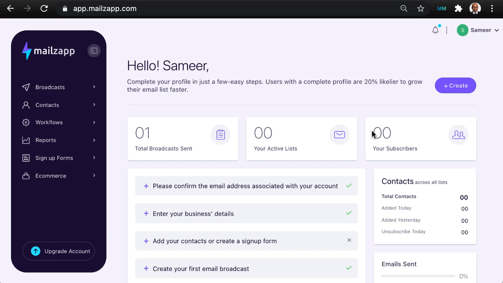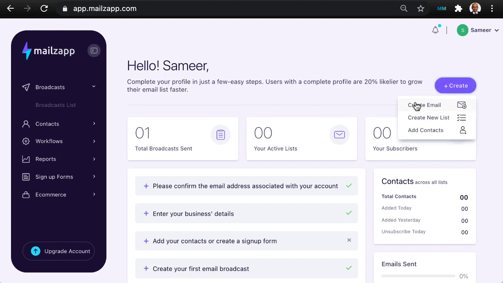Now let's talk about broadcasts. Basically, a broadcast is an email or an email campaign that you send out. That's what is referred to in Mailzapp as a broadcast. You can reach it through this navigation or through this button here. The more you use it, you'll find that you're probably using this button more and more, but all roads lead